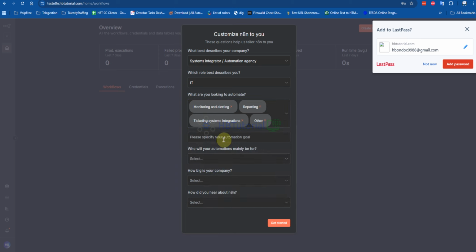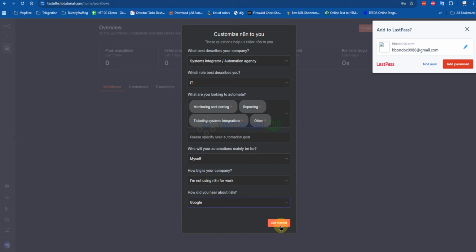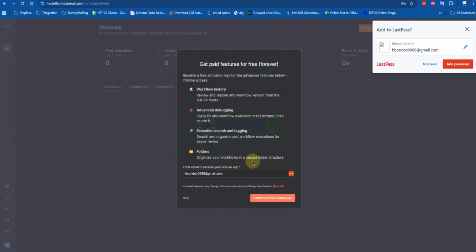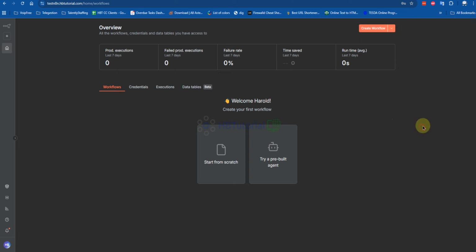Okay, and then myself for now, company now. So Google start. Okay, skip for now. So yeah, we are now having n8n installation without any Docker process.